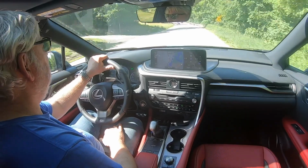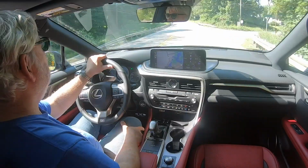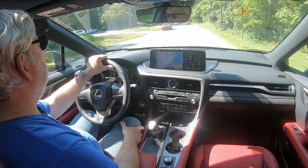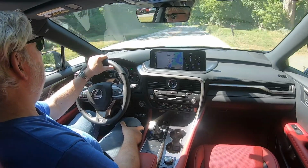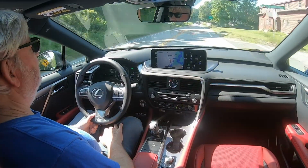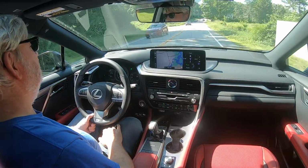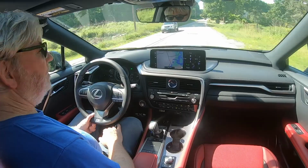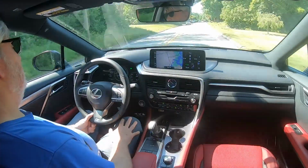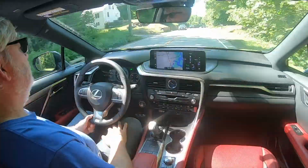Nothing I've seen has maybe changed that. Even if you ever want to follow the evolution of body-on-frame into unibody construction in a rugged off-road type vehicle, follow Land Rover, especially Range Rover, because Land Rover, now done with their new Defender, has made it into a unibody, and I'm just not convinced that's the smartest way to go. It is the smartest way to go in terms of crash protection, and I was told by